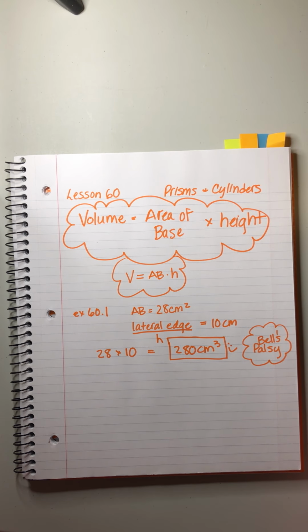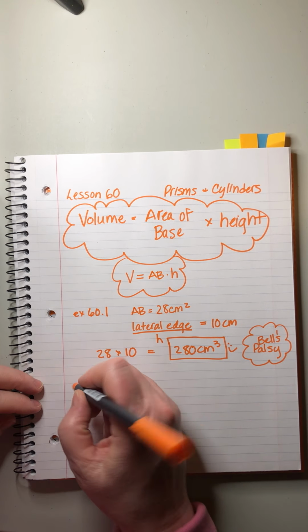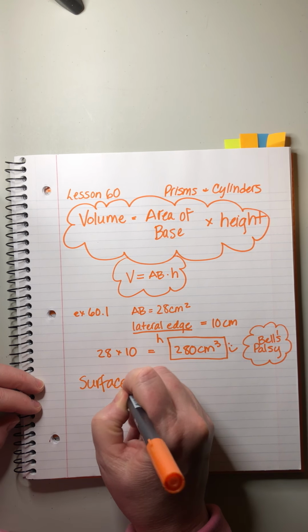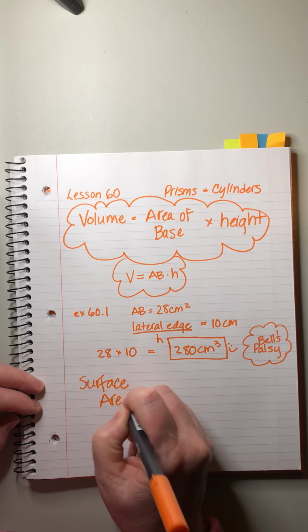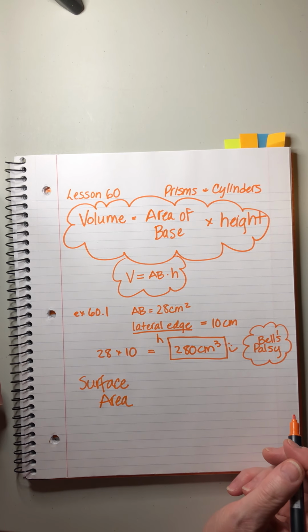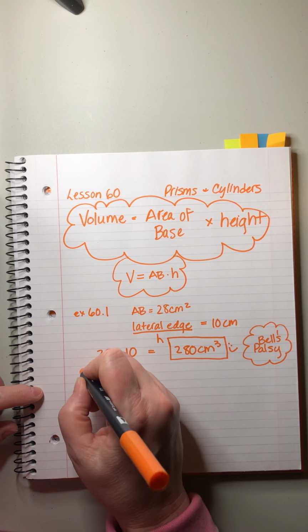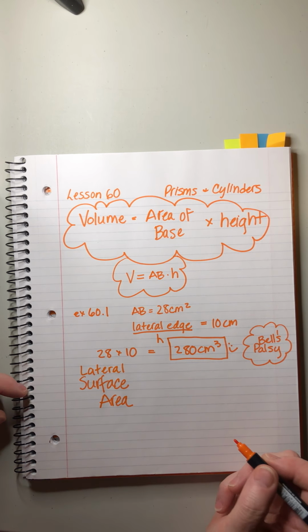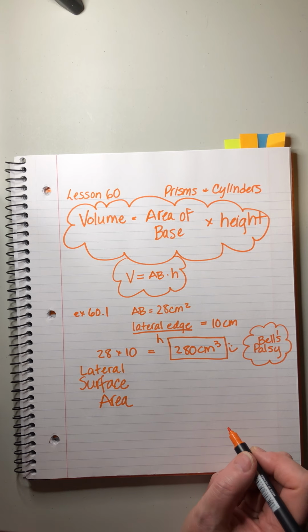Okay. So we figured out volume. Let's talk about surface area. And let me add one more word to that: lateral. I'll show you what that means in the picture. The lateral surface area is equal to